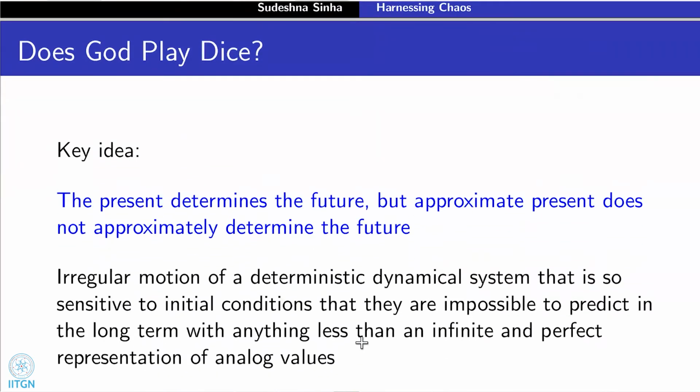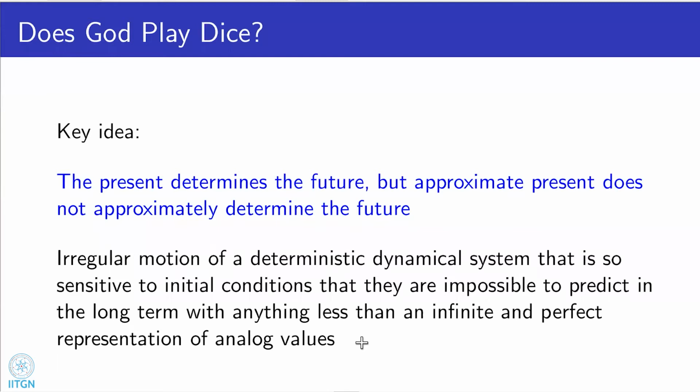So what are they exactly talking about? I borrowed Ian Stewart's very popular book title, Does God Play Dice? And this is the key idea. The present determines the future. It's a deterministic system by definition, okay? But the approximate present does not approximately determine the future. And so basically, there is irregular motion from deterministic dynamical systems, which is very sensitive to initial conditions,